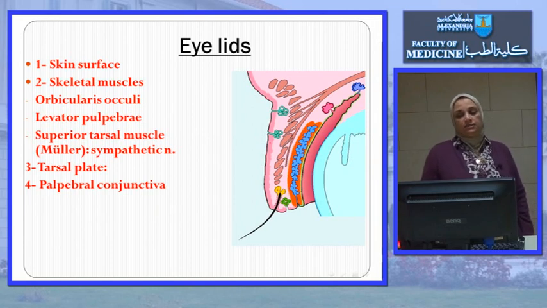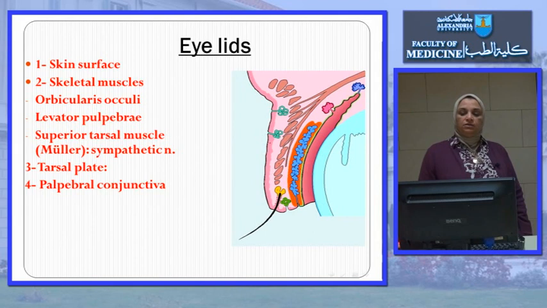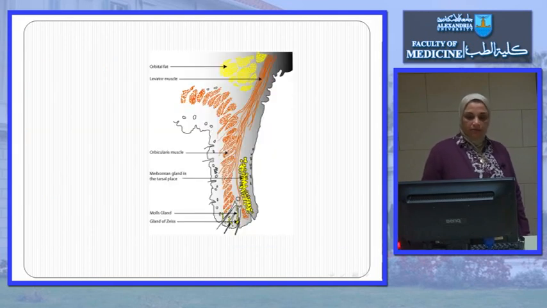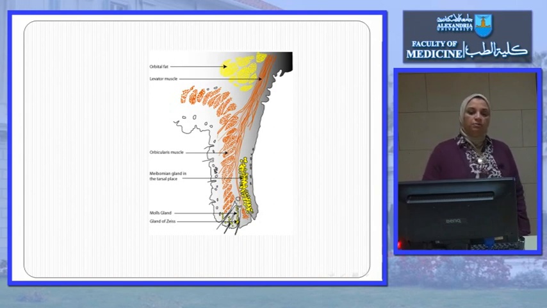Then from inside, the eyelids are lined with palpebral conjunctiva. This is the part which lines the inner part of the eyelid. Here is another diagram to show you the skin surface, the palpebral surface, the muscle fibers, and the tarsal plate, and the meibomian glands or tarsal glands are present here, and we can see the red margin and protruding from the red